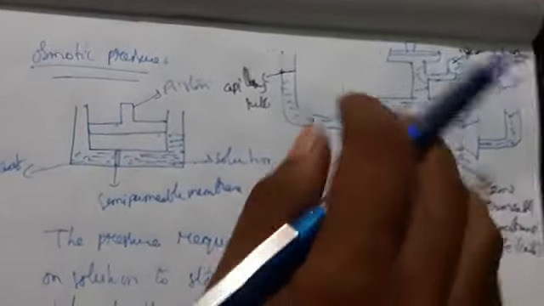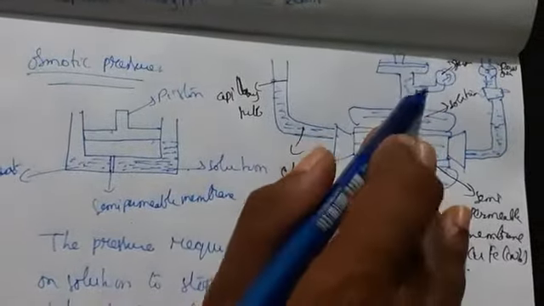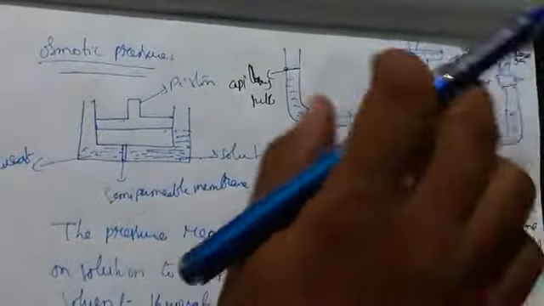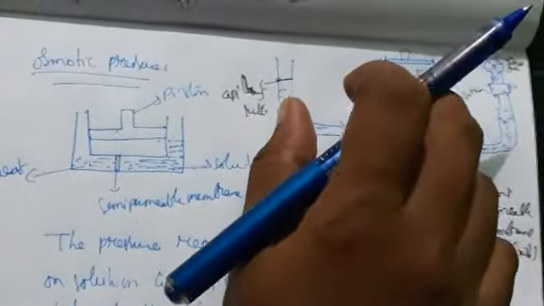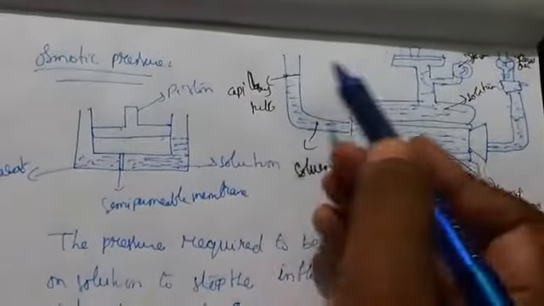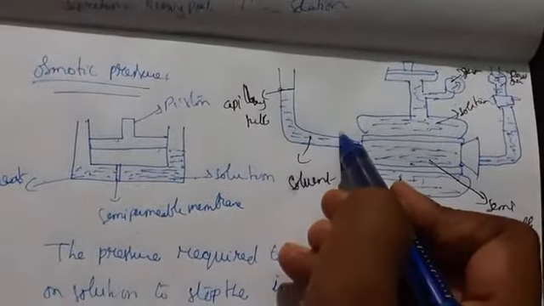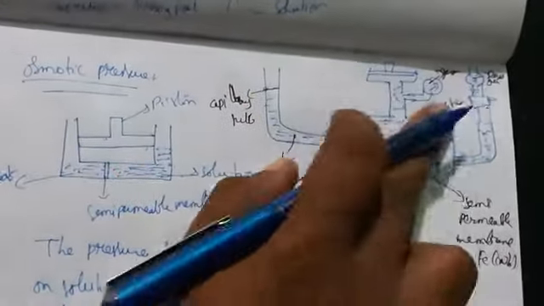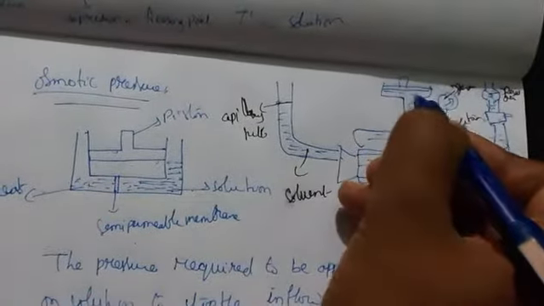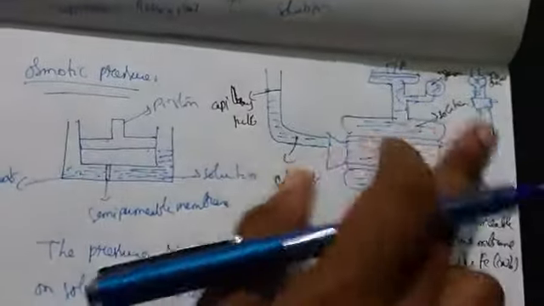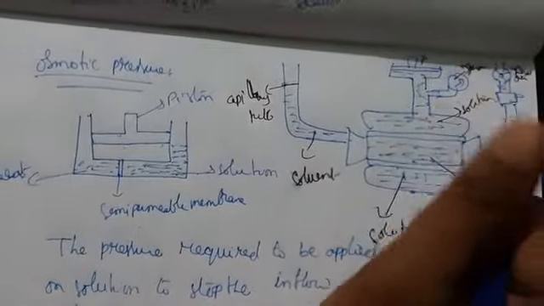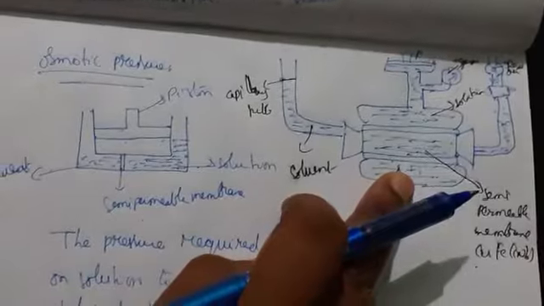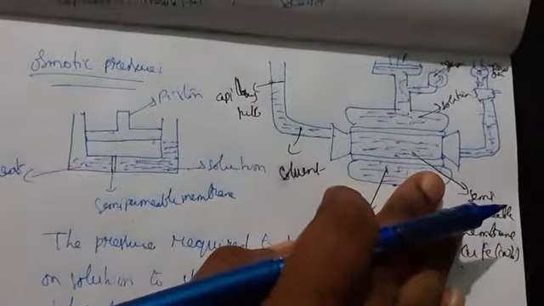To stop that, before we begin, we note down the reading through the galvanometer. After that, we apply pressure to stop the water flow, to bring the water level in the capillary tube back to the original position. The pressure is measured here; that's why we have marked pressure P. We apply pressure to stop the flow of solvent water into the solution through the semi-permeable membrane. So this is about the Berkeley-Hartley method.